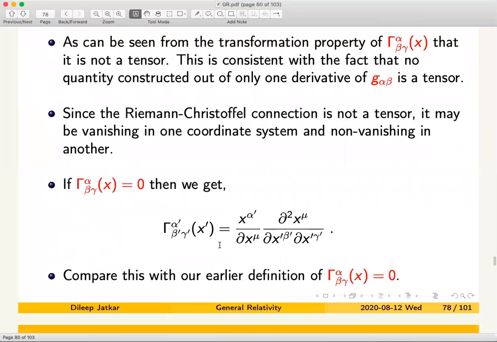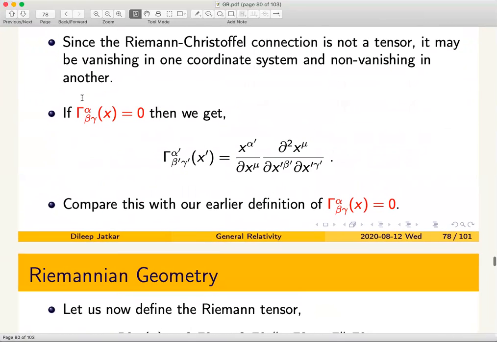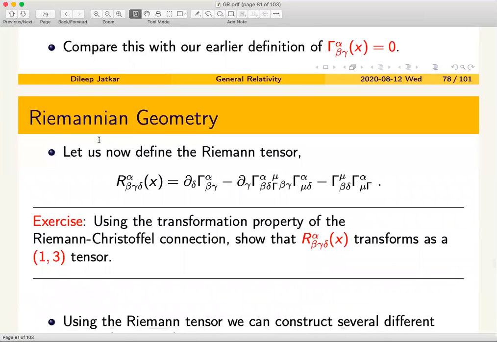Nevertheless, even if gamma alpha beta gamma is not a tensor, one can construct a tensor out of it by differentiating with respect to coordinates. This is our first definition of a tensor constructed out of derivatives of the metric. Remember, gamma itself contains derivatives of the metric, and this quantity, which is called the Riemann tensor R alpha beta gamma delta, is written in the following way. It's a partial derivative with respect to delta of gamma alpha beta gamma, minus partial derivative with respect to gamma of gamma alpha beta delta,